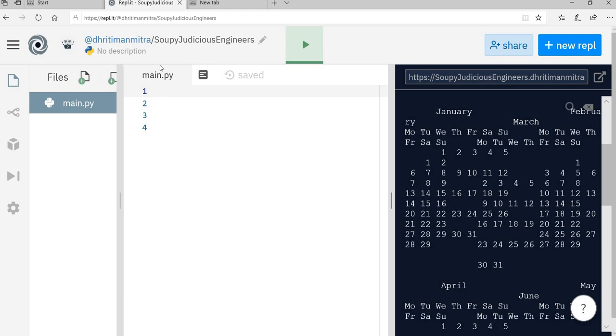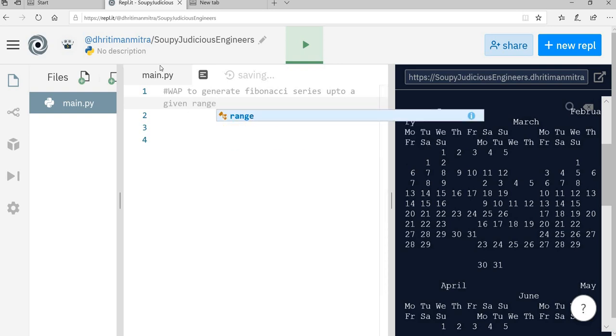Okay, Fibonacci series. So write a program to generate Fibonacci series up to a given range. Okay, so this is our program. Now what is a Fibonacci series? A Fibonacci series is actually starting with two terms. First two terms are 0 and 1, and after that one, the next term is actually the sum of two